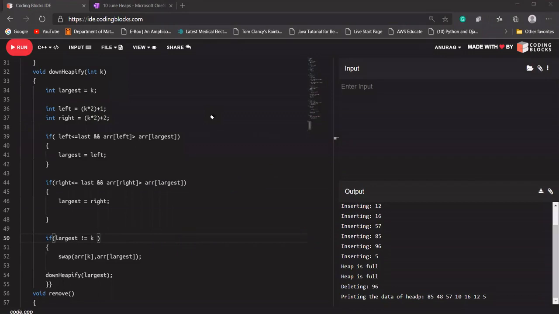Min heap is very easy if you are clear with the max heap. So let's quickly see the min heap. We have already seen the min heap. Let's say it is one here, two here, three here. And if I want to add something, let's say six is here also. Six will be fine here. Let's say one or two more data is there. Five is there. Let's say nine is there, and eight is there.